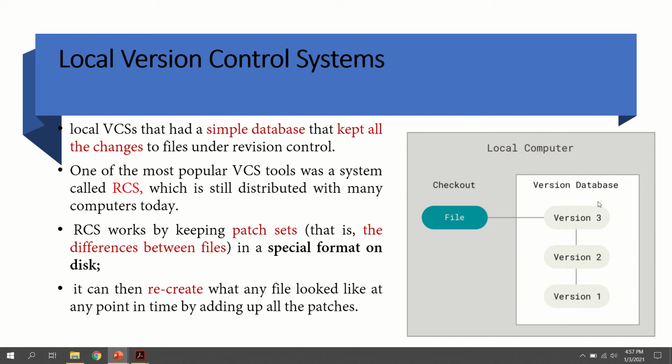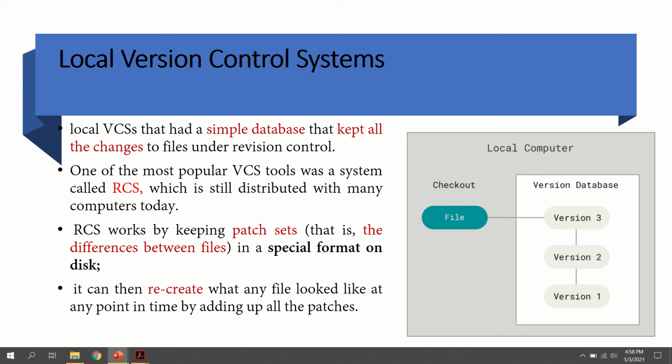This is the figure about the local version control system. The main idea is that I have a system, and my system is used for storing my backups. I am storing my backups in my own system. Suppose I have a file in my system. There is a database called the version database, in which I will store each and every version. That is the idea of the local version control system. Locally I am storing each version in the form of a database in my own system.